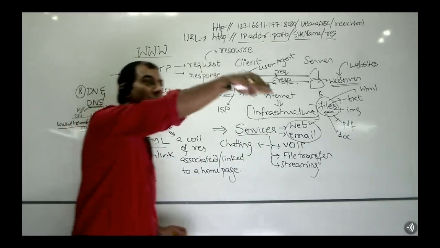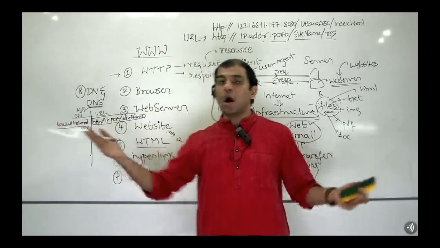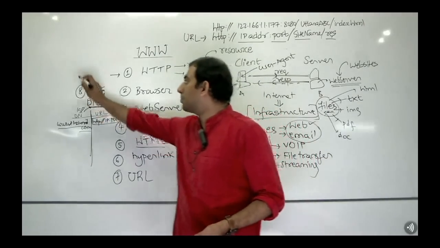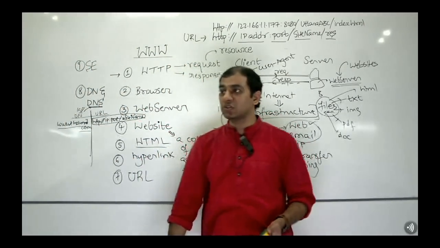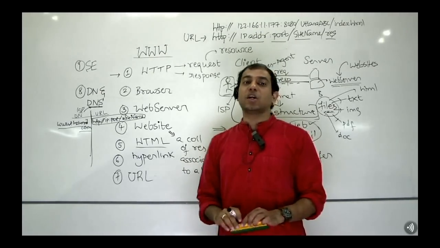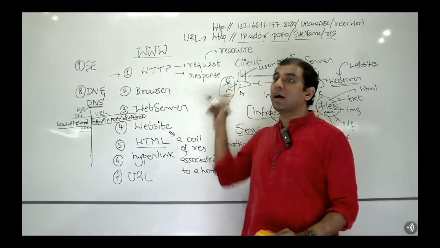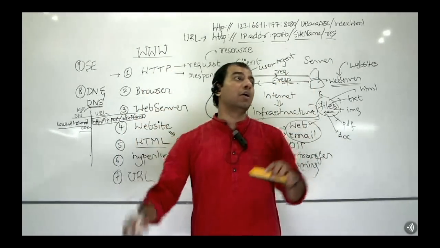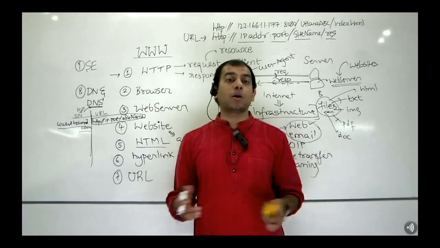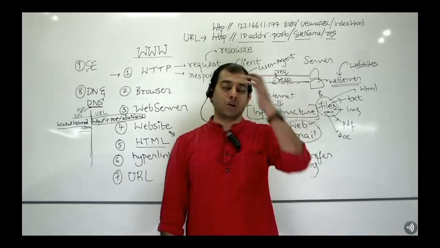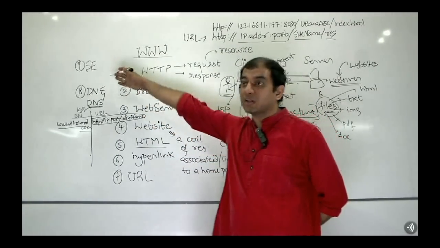But how will you get to know domain names? Because there are millions of domain names and websites that are created. How will you know domain names? So what was invented to help in this? Yes, search engines. Search engines were invented with the sole intention that a human being sitting on a client machine can discover new domain names. He can search for new domain names based on the resource he is interested in. That's why the search engine was created, right?